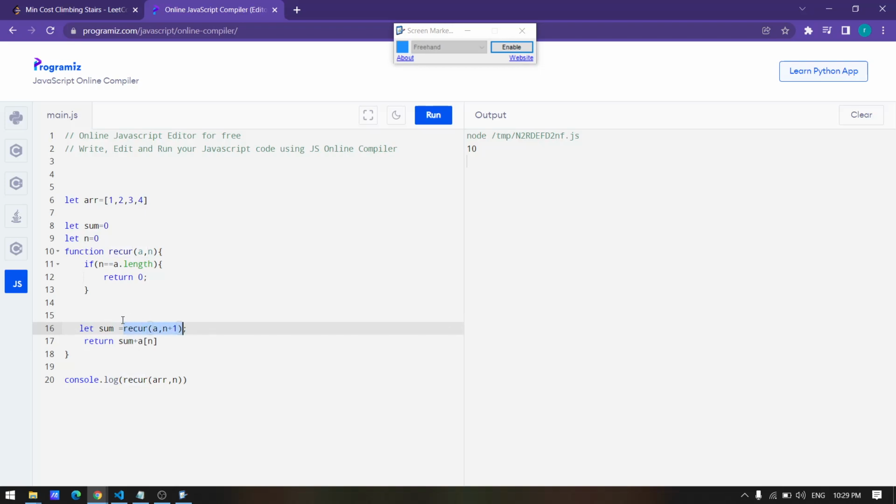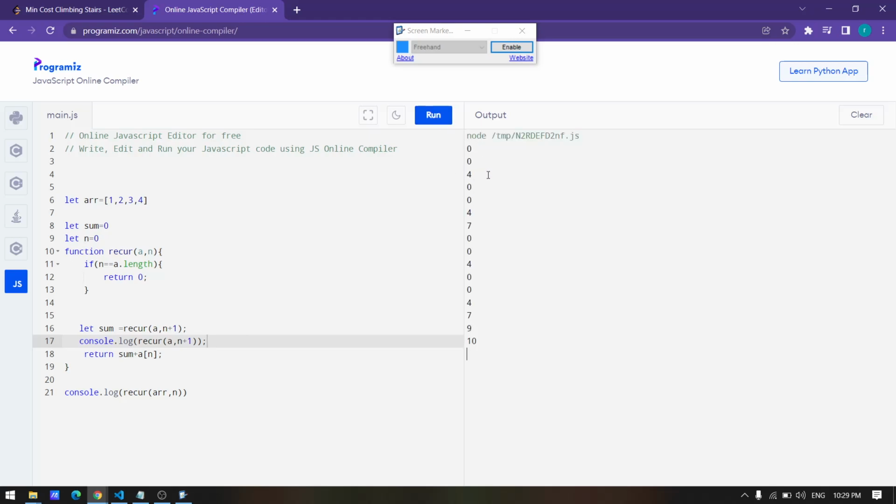This function will return me 0, and sum is right now 0, then 0 plus something, and it will add up to the sum. So by that way it is adding inside the recur method. Once I add a console.log here, console.log a comma n plus 1, let me check what it prints.